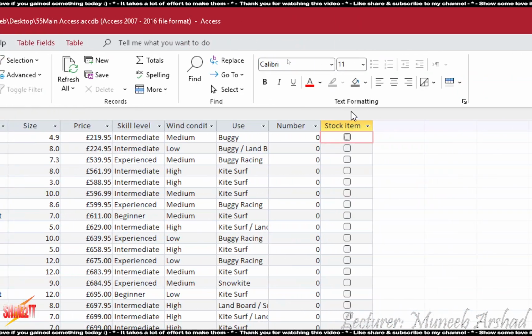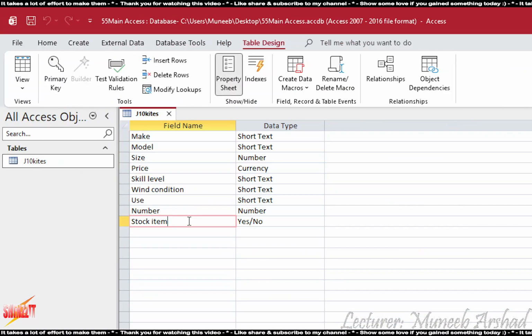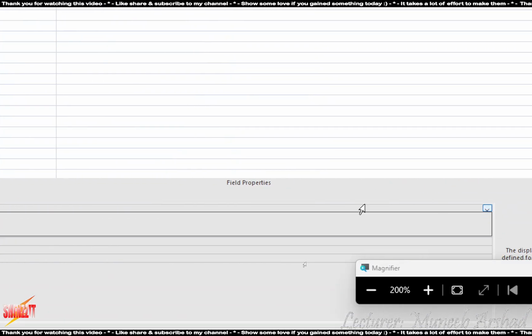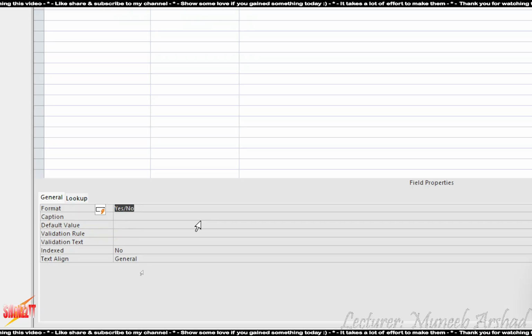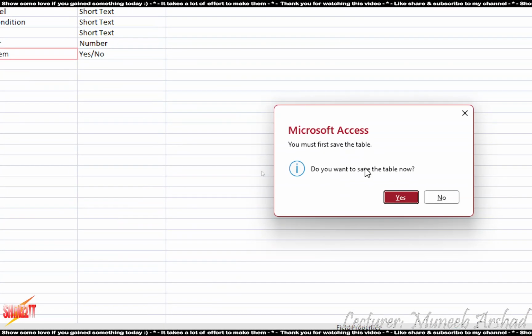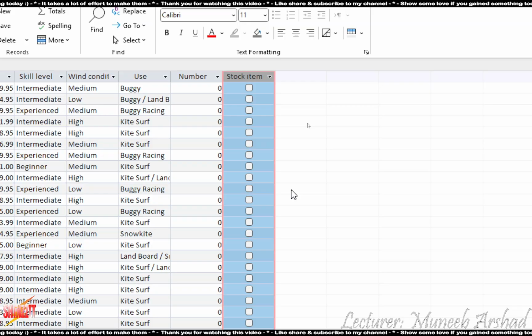In order to change this to yes or no, go to your design view, select the stock item, set the format to yes or no. Okay. So once the format is yes or no, go back to your data sheet, save changes, and look at the stock item. It is still appearing as checkboxes.